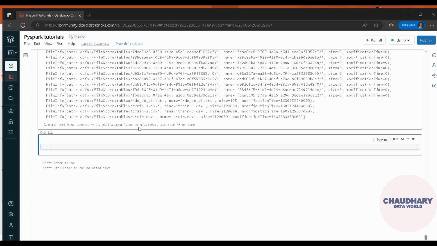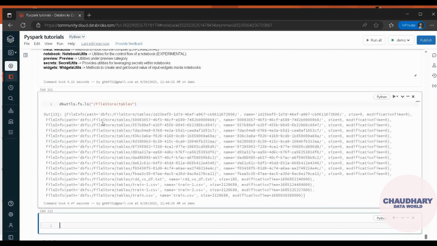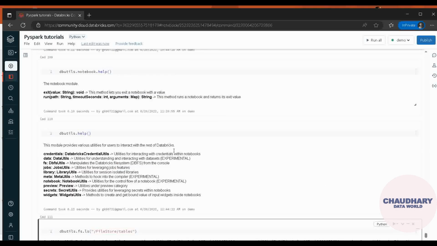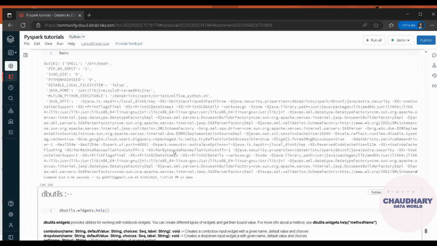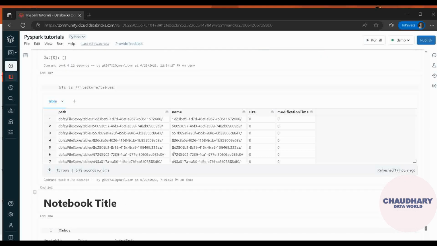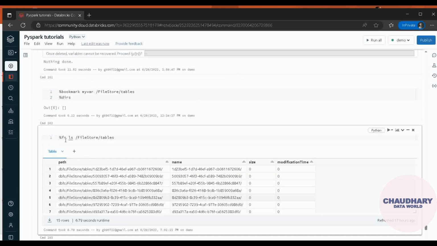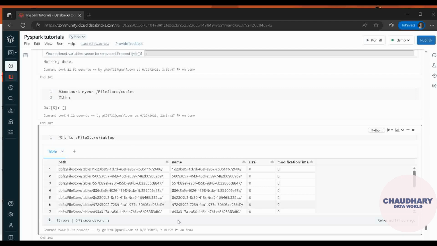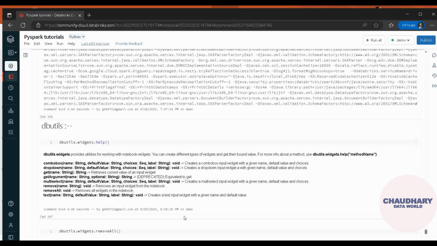Should ideally work now. So here you can see dbutils.fs.ls, and whatever path you have provided, whatever files we have there are listed here, which you saw above as well when we were using the fs ls magic command. It was also listing all the files in this format. Similarly, you can go ahead with other